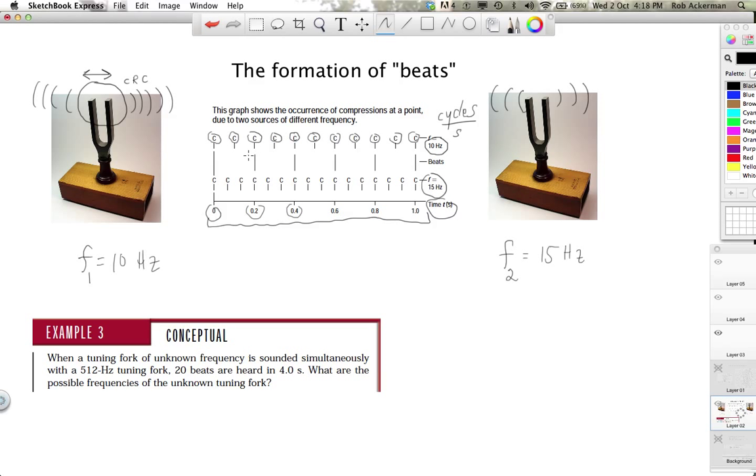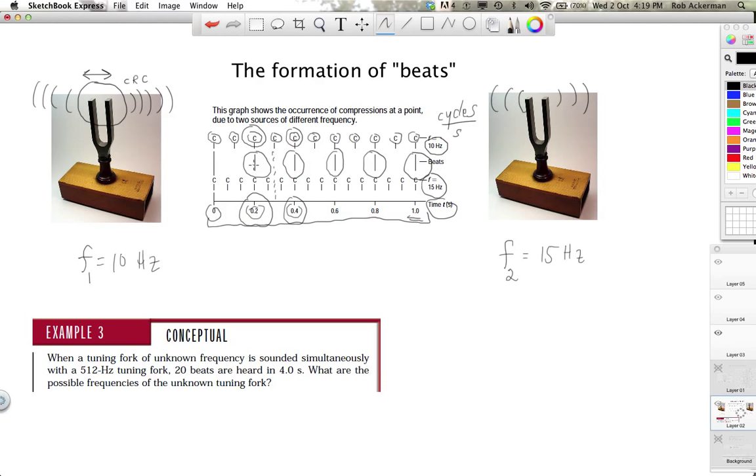What you're going to notice is that every so often, a compression from the 10 Hertz tuning fork and the 15 Hertz tuning fork overlap. And when they overlap, your textbook has drawn you a line in the middle here. Now they're out of phase. You can see that this compression does not match up with any of the others, but a short time later, they overlap yet again. And this continues overlapping at regular intervals over the 1 second of time that we are